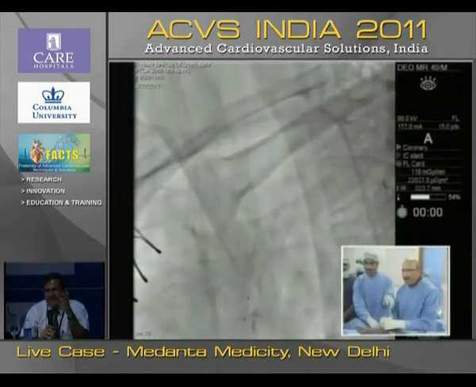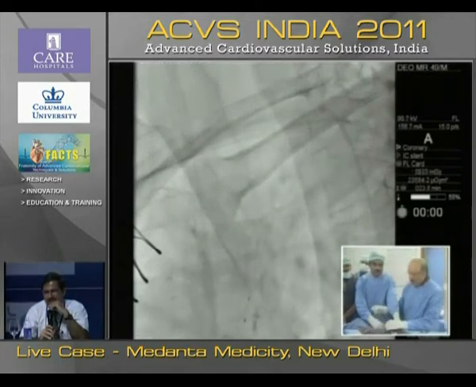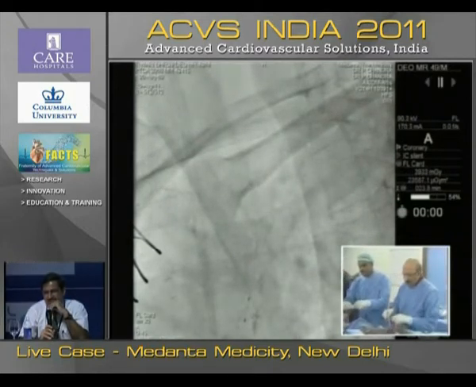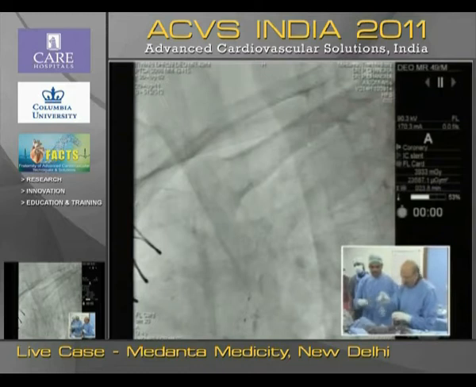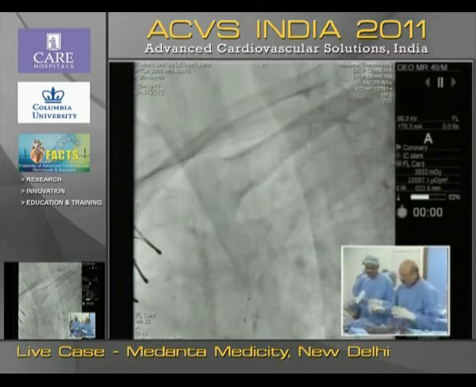Because once you dilate and if there is some dissection or anything, then you are stuck because the stent won't reach there. So that is why I am thinking whether we should really proceed or not. This was my test in this situation: once the wire is crossed, if I am not able to take the balloon easily, I will not do the ballooning, and neither will we try and put the stent.